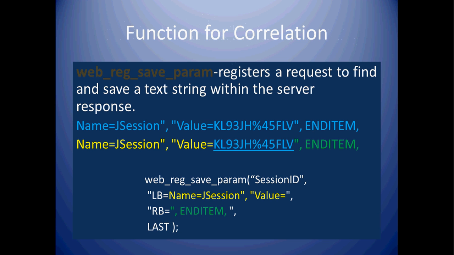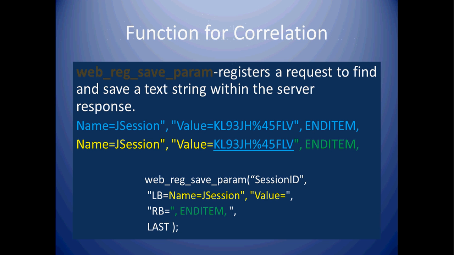The function that we use for correlation is save param. This function uses boundaries to identify the dynamic value and capture it in the provided parameter name. The same parameter name can be used wherever the dynamic value comes in the script. The boundary should be fixed and unique. From the response, the function searches for left and right unique boundaries, and whatever comes in between those boundaries is